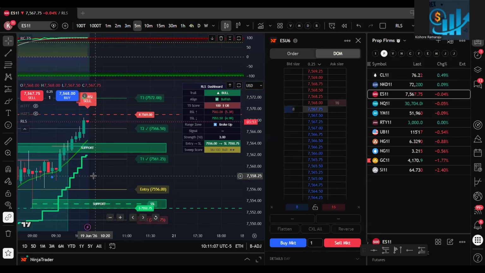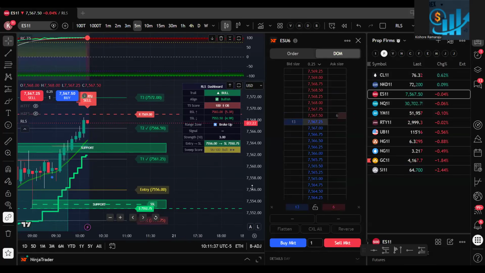At the same time, now we are close to that liquidity sweep. If that doesn't happen, the next buy side liquidity is at 75.83. But as of now, 75.68.5 was the initial buy side liquidity. We should see a sell signal now. If we don't see a buy side liquidity, then the next target is 7583. So we are waiting for that.